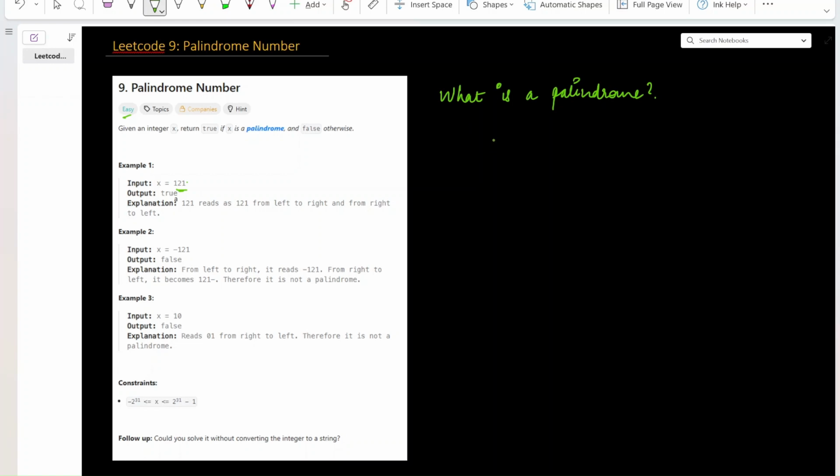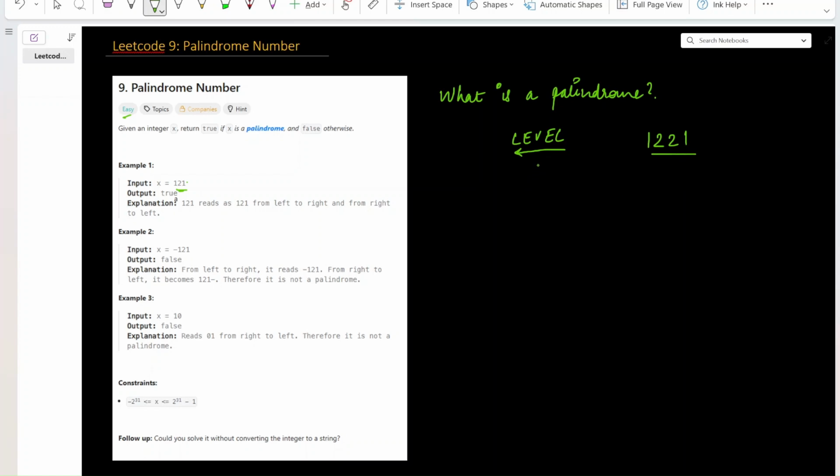A palindrome is a sequence. It could be of numbers, it could be of strings, it could be of anything, which is read the same way left to right and right to left. That is forward and backward. An example could be the word level. If you spell it out L-E-V-E-L, or in the backward direction L-E-V-E-L, the spelling is the same, so it's a palindrome. The number 1221, if you read it from left to right 1221 or from right to left 1221, it's all the same. Such sequences are called palindrome sequences.